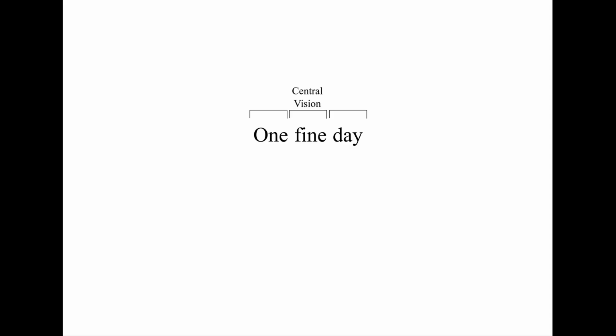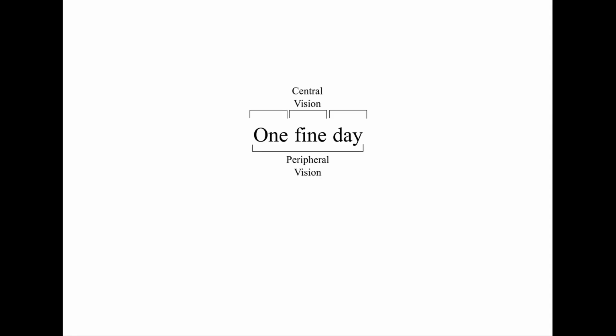Now, let us consider the phrase "one fine day." The slow reader will read "one" and then "fine" and then "day," and then combine it to form the phrase "one fine day," which forms an image in his mind of a fine day. On the other hand, a fast reader will read that phrase in one go and instantly form an image in his mind. So he's reading faster and comprehending faster.